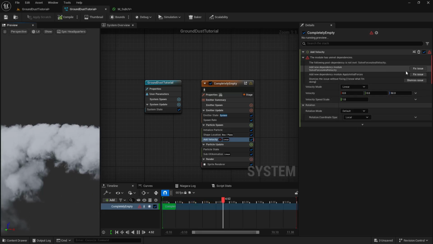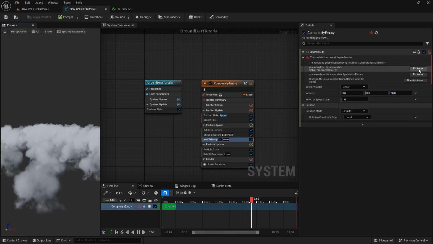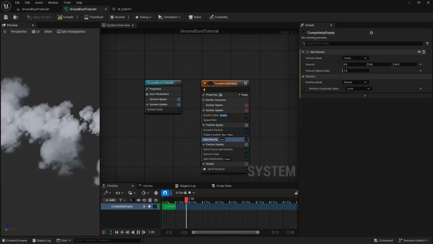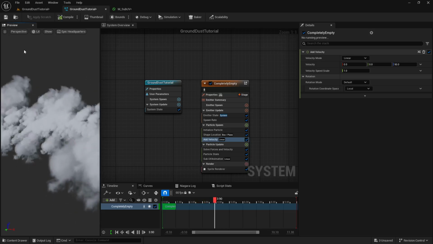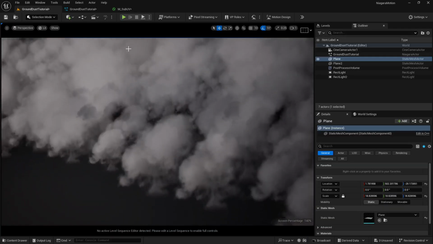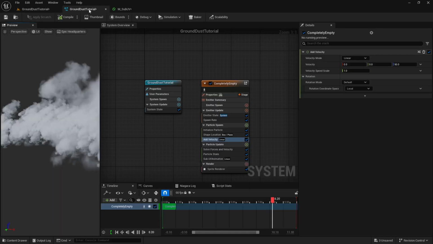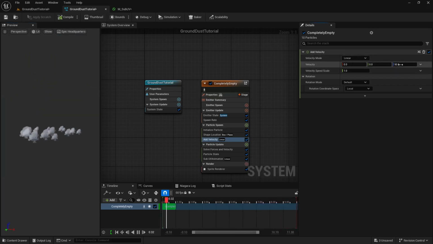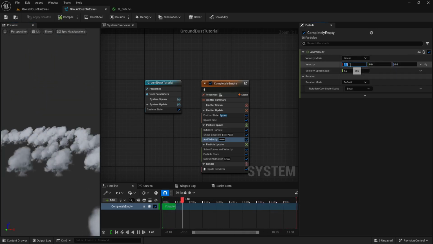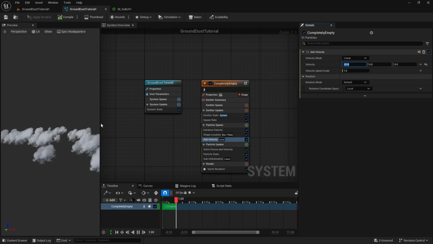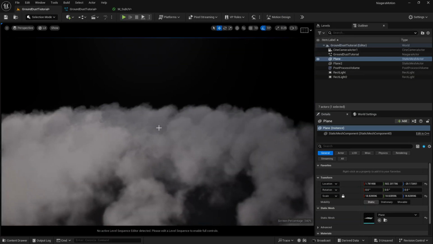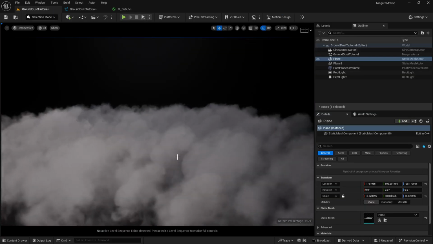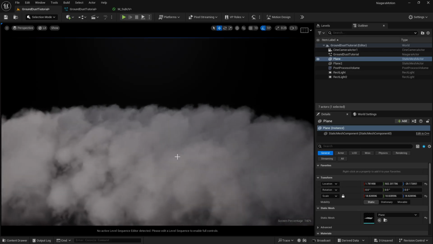And as soon as you do it, you will find this fix issue. So let's just click on this fix issue here. And now you can see they are all moving upwards here, which is looking good. If you want this type of result, a steam effect, but we don't want this. So what we are going to do, we are going to do 0 here and maybe 20 here. So now you can see they are all moving this side. See, so this is how easy it is to create some ground smoke if you want.